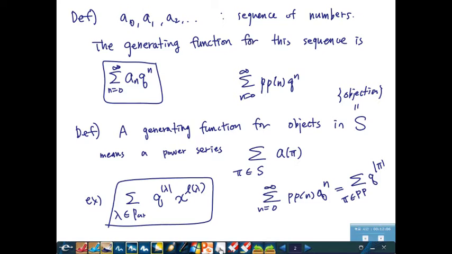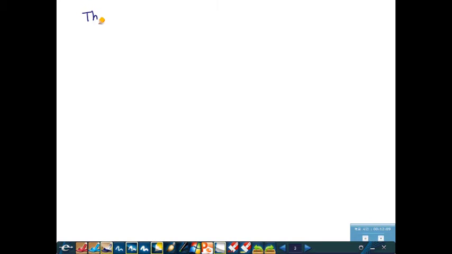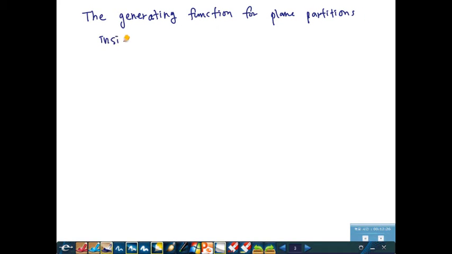Okay. So my claim, or statement, is the generating function for plane partitions inside B(A, B, C). So this is a box of side lengths A, B, and C. I didn't really specify what this quantity is, but usually it means the size. So the sum over pi, plane partitions inside the box,